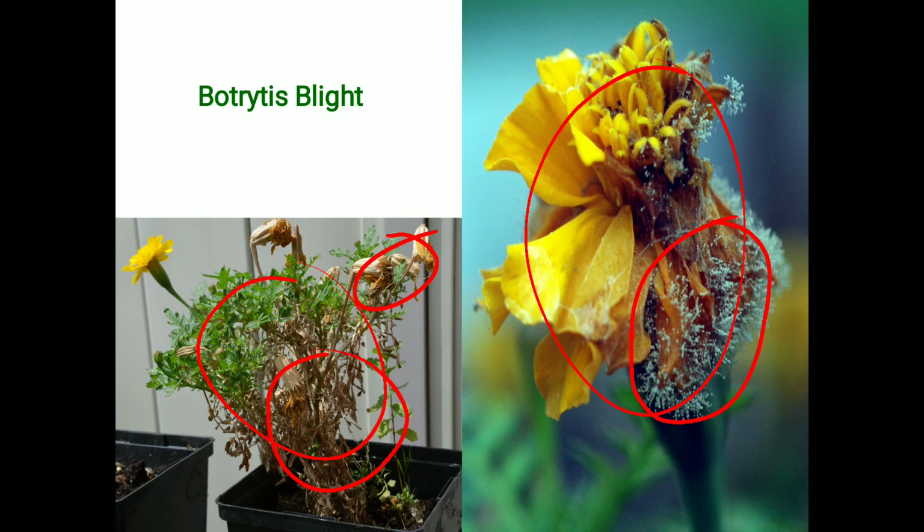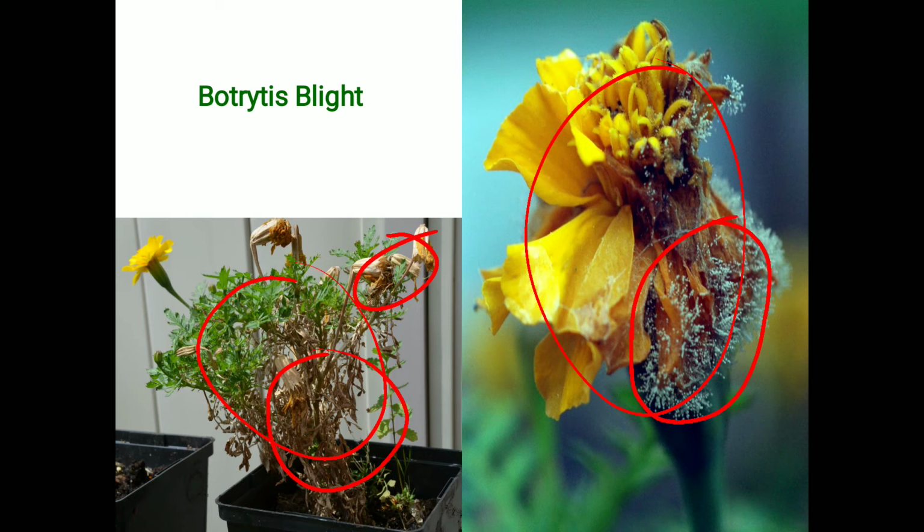The fallen leaves and flowers that are infected act as a secondary source of infection, and a nearby healthy plant is affected when those infected parts, whether flowers or leaves, come in contact with the healthy one. So a better way is to collect the infected leaves and flowers and throw them away.